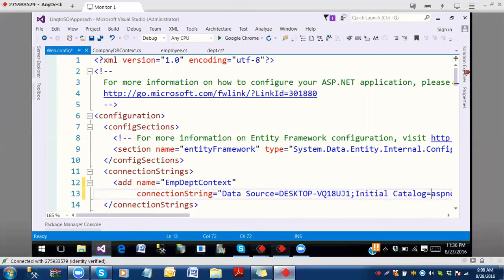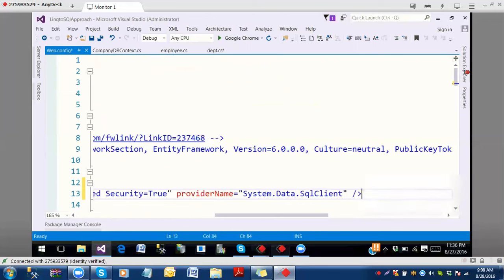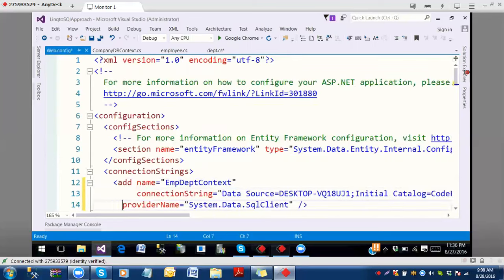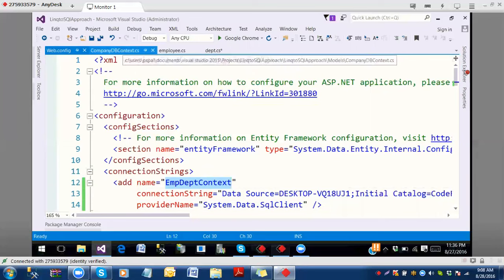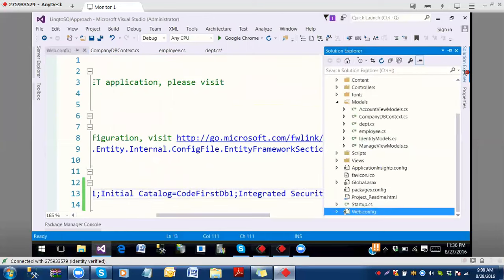Whatever database name we need, we can create. Username, if we have username, password, database name, no need to provide any. It's in Windows authentication, so no need. Integrated security, we kept it there. Now once you build the project,